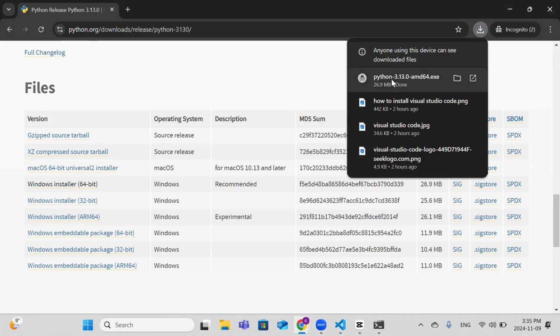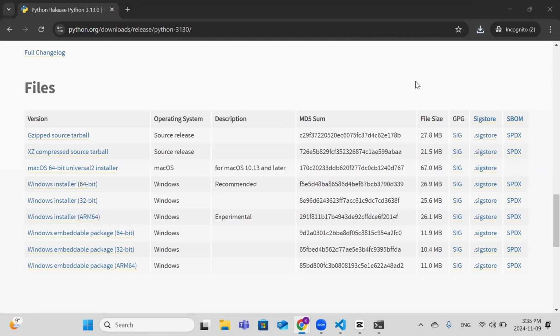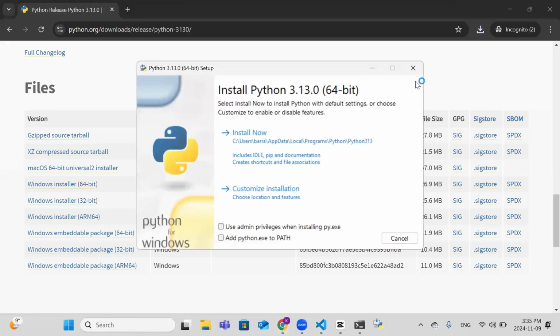The installer finished downloading, so you click on the .exe file. Then you have two options. You have install now and you have customized installation. So we are going to click install now. But before we do that, I like to select use admin privilege when installing py.exe,